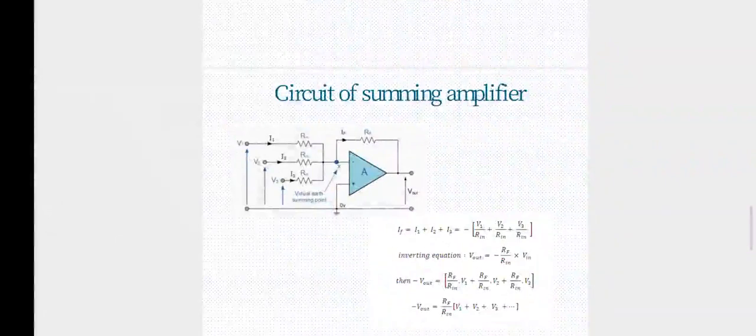Then you can go for a number of different inputs; you can see the circuit of the summing amplifier. Another application is the summing amplifier. We can give different kinds of voltages by connecting different resistance values. From the diagram you can easily understand I1, I2, I3 with the various different inputs given. The corresponding equations are calculated, and the output voltages are calculated through the equation.